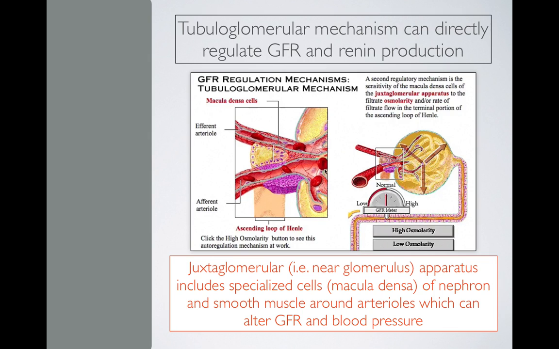So here's the setup in this picture here. So you can see as they zoomed in onto the afferent arteriole, so basically zooming into this structure right here. The blood is coming in through here into the glomerulus and then leaving out through the efferent arteriole. And this tube coming up here is the ascending limb of the loop of Henle. So this right here is just a part of the nephron. And what you can see is that there are all these specialized cell types that they're pointing out. Here, these are called the macula densa cells. They're the cells that line